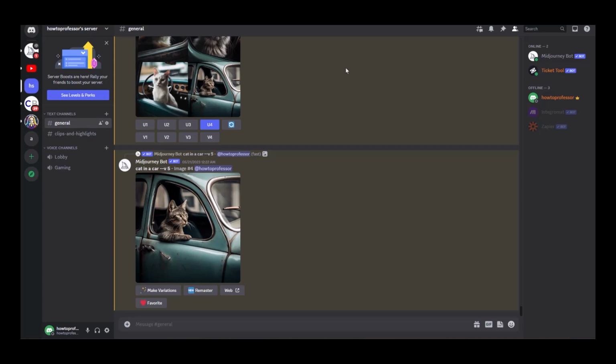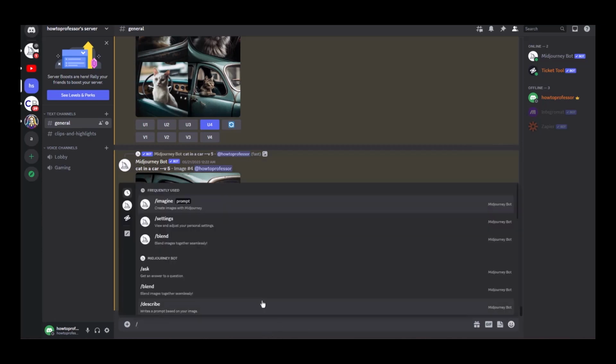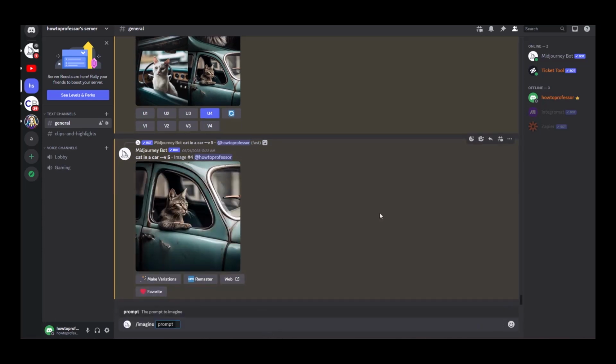The first method is by entering the prompt itself in the chat. For that, just simply click on the chat section over here, then /imagine, then enter a prompt according to your visualization that you want to see in that particular app. For me, it's a food delivery app that I want to create in a UI UX design. So I'm going to enter a few prompts: high quality UI design, food delivery mobile app, trending on Dribbble and Pinterest. After that, just simply hit enter,